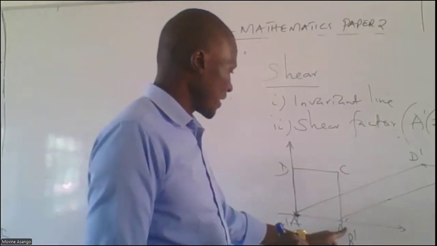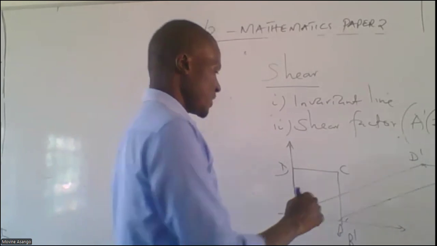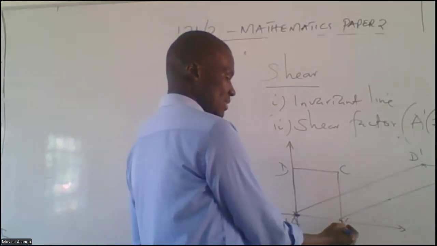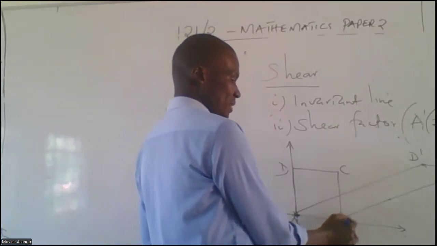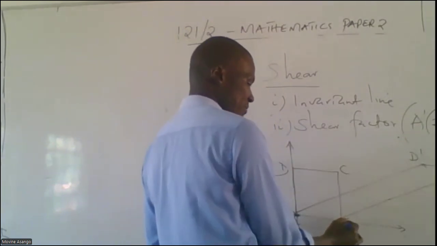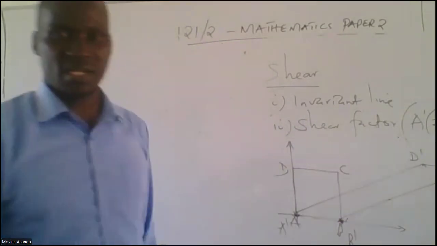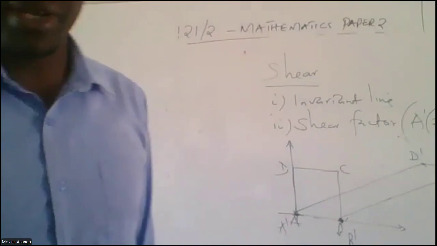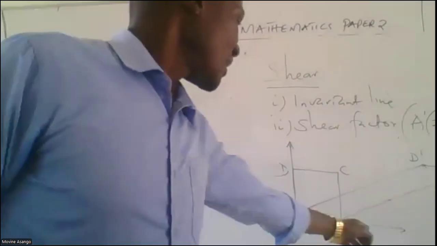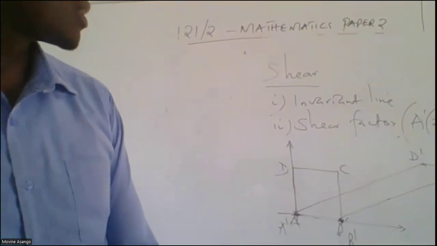If I take another one like BC, it is not on the invariant line, neither is it parallel to the invariant line. Therefore, what is the image of BC? BC is here, the image of BC is there. So if I draw the 2 of them, they will be meeting at point B. So these 2 lines, if I join them, form a straight line whose equation can be comfortably found. That straight line is the x-axis, and therefore we conclude that the x-axis in that case becomes